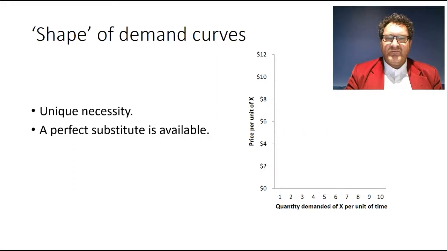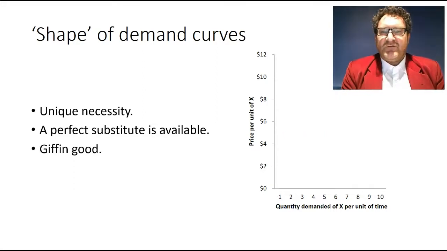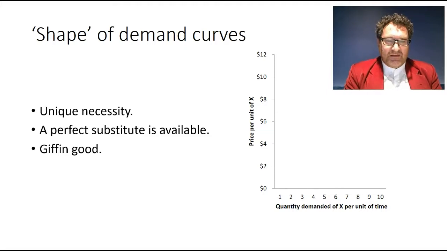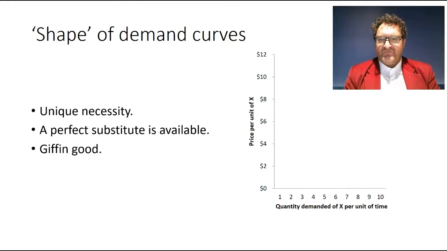Lucky last, we could have something called a Giffen good. And a Giffen good would be a good which is an inferior product. Now, if you remember earlier, I talked about an inferior product, and that was a good which, when the price fell, consumers feel wealthier or richer, so they can afford to buy more normal products. And they will decrease their quantity demanded of inferior products. This is this perverse income effect for inferior goods.